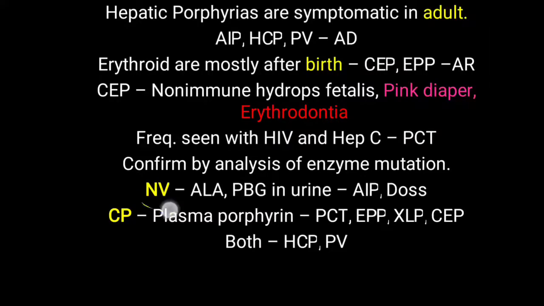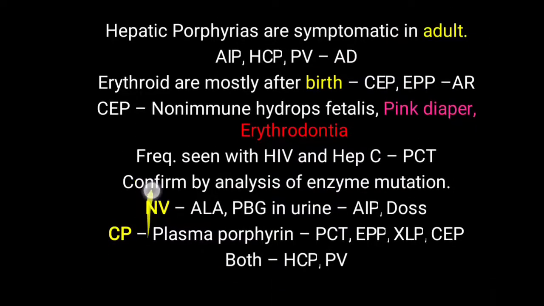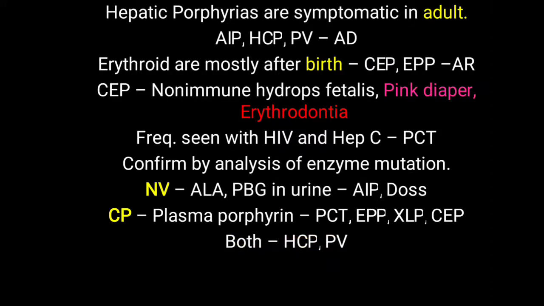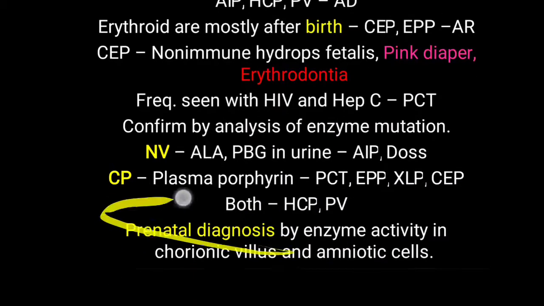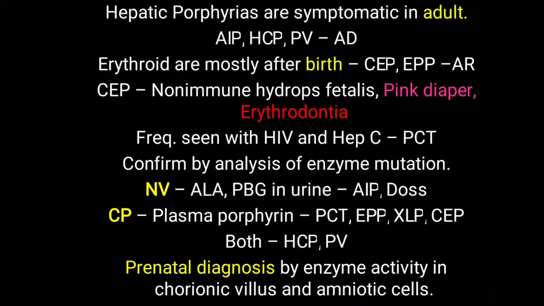Now both types, neurovascular as well as cutaneous photosensitivity, will be seen with hereditary coproporphyria and porphyria variegata. So you have to remember that when both neurovascular and cutaneous photosensitivity are seen, it is typically hereditary coproporphyria or porphyria variegata. Prenatal diagnosis by enzyme activity in chorionic villus and amniotic cells will also give an idea about the particular porphyria. So if a couple needs to know whether there is porphyria in the fetus,